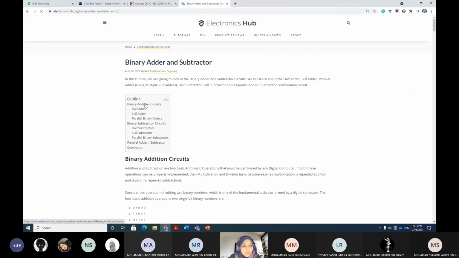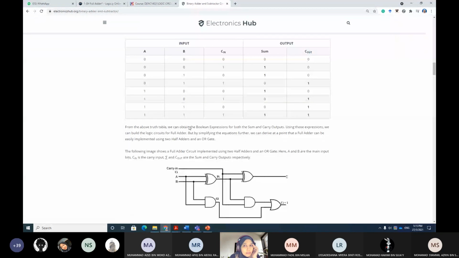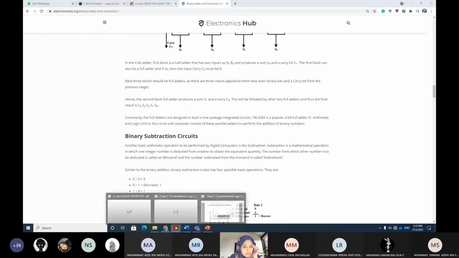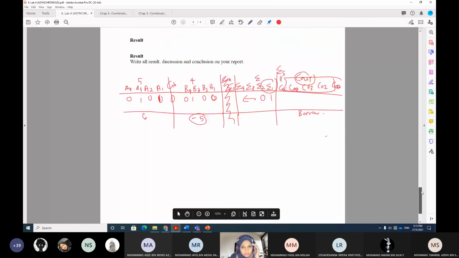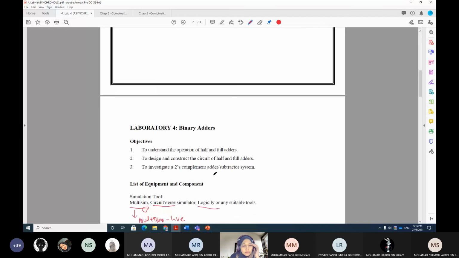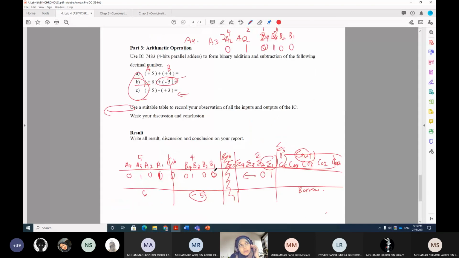Okay, you can refer to this website in order to answer the question in part 3, number C. Okay, any other questions? I think that's all for lab session 1. And then you need to do the simulation, and the report must be handed in before